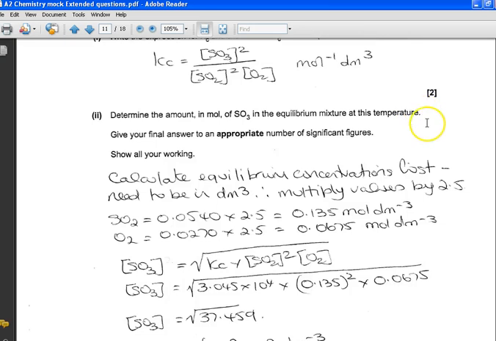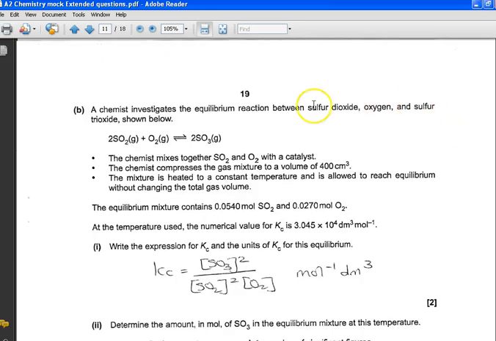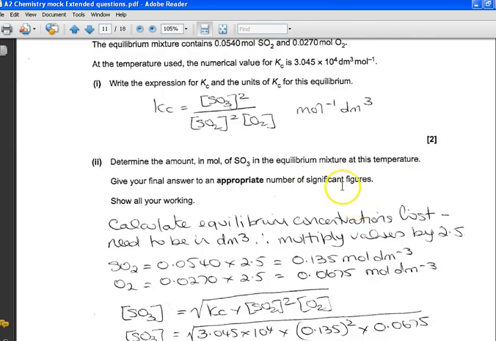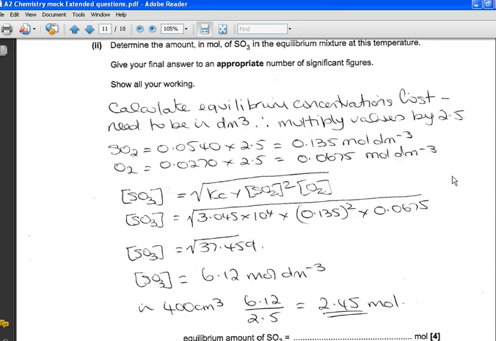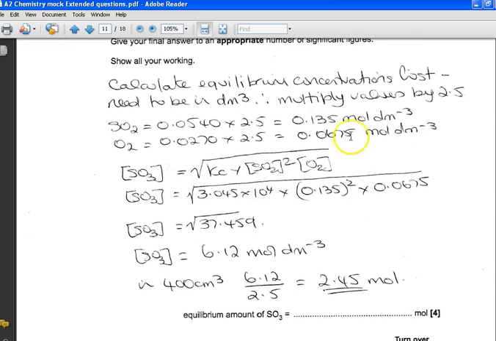So the amount in moles of SO3 in the mixture. So we're looking for this amount of moles. We're given the moles of SO2 and O2 that we start with. Okay, so calculate the concentrations first. Need to be in cubic decimeters. So at the moment they're in 400 cubic centimeters. So if you multiply those values by 2.5, it gives you the values in cubic decimeters. Just 4 times 2.5 takes us up to 10 effectively. Okay, so we've got our concentrations now, and then it's just a matter of